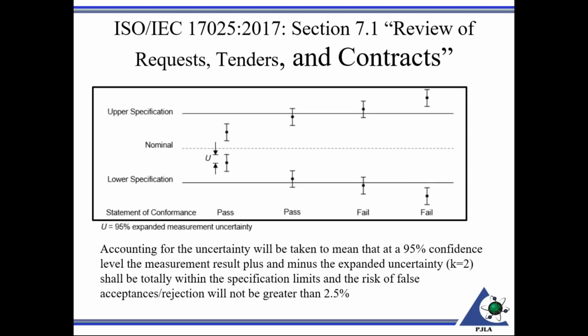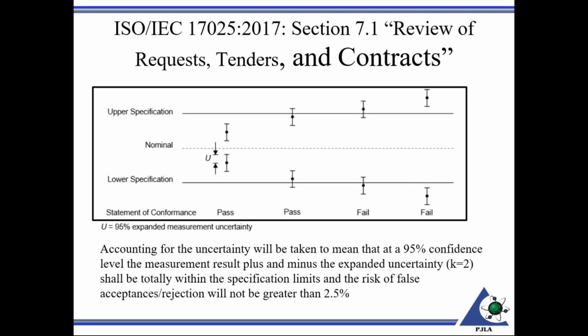Whereas a gray area is those instances where the value may be within the spec or outside the spec. However, if you take uncertainty into account, it may not present a clear case of a pass or a fail. So what the standard requires you to do here is let your customer know how you're taking the uncertainty into account. So typically, if you're a calibration lab and if you are guard banding against this, so you won't state something clearly passes and fails, a valid decision rule accounting for the uncertainty will take to mean that